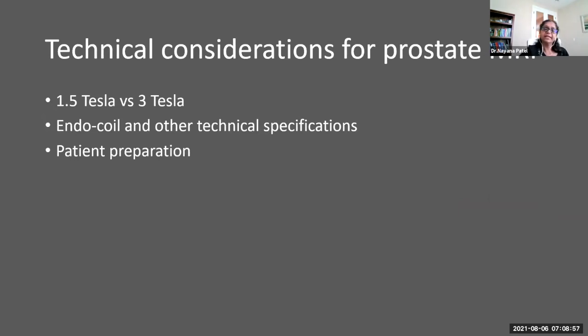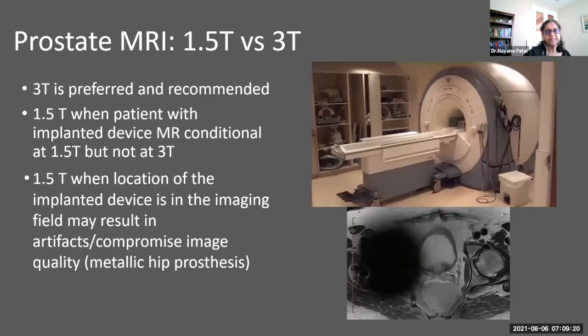Other important technical considerations for prostate MRI are what strength of magnet we should be using, 1.5 Tesla versus 3 Tesla. Is there added value of using an endorectal coil? And what specific patient preparation is required prior to prostate MRI? In regards to the magnet strength,